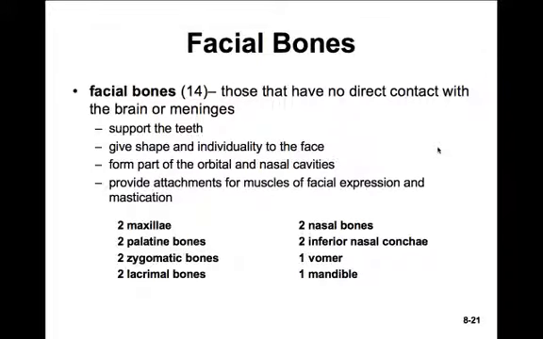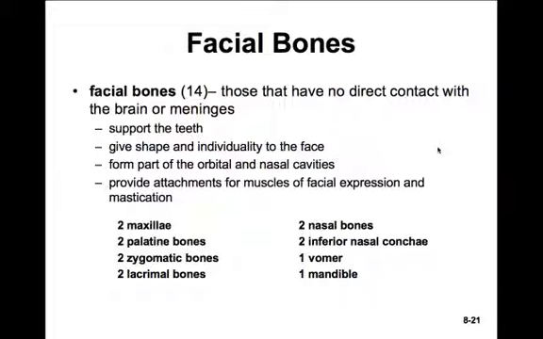Okay, now let's look at the 14 facial bones. These are the bones that have no direct contact with the brain or the meninges, the coverings of the brain. The facial bones support the teeth. They give shape and individuality to the face. They form part of the orbital and nasal cavities and provide attachments for muscles of facial expression and mastication, that's